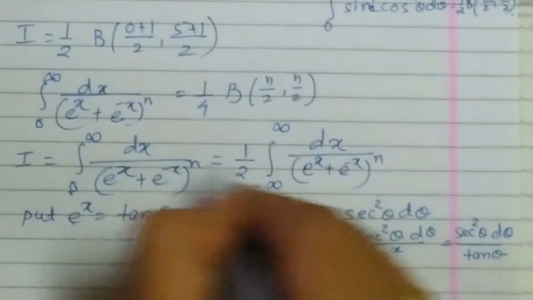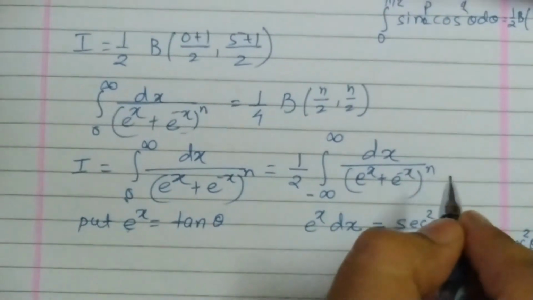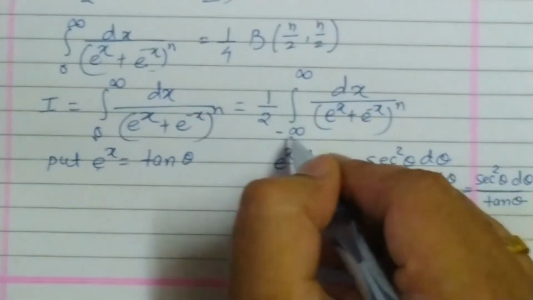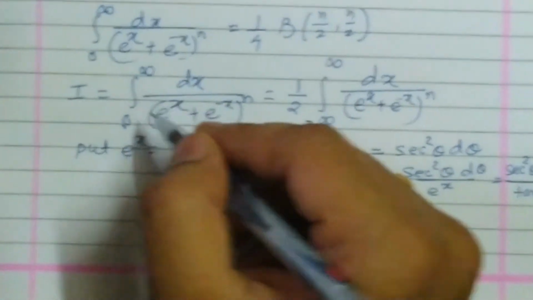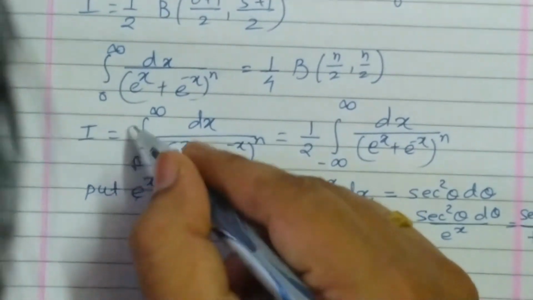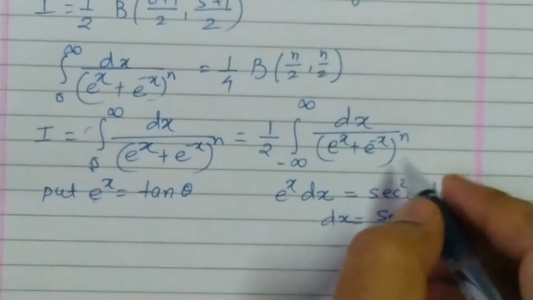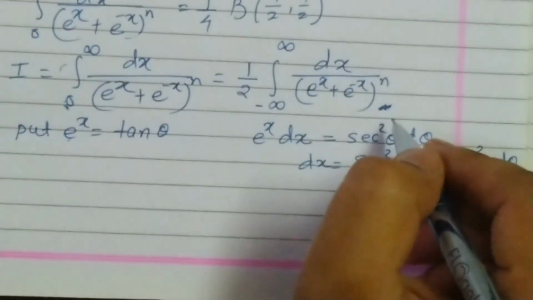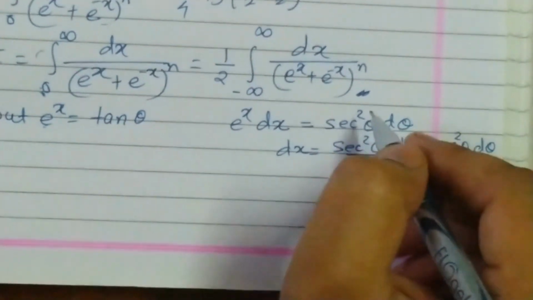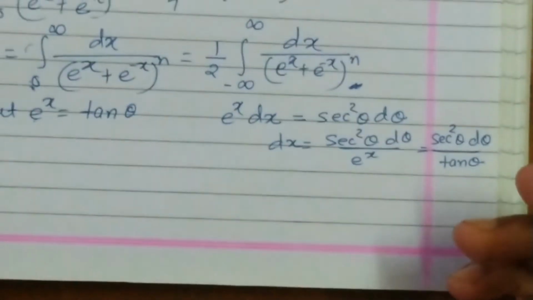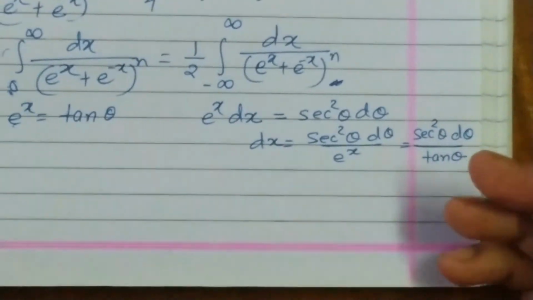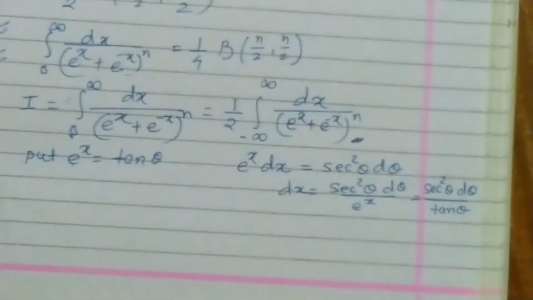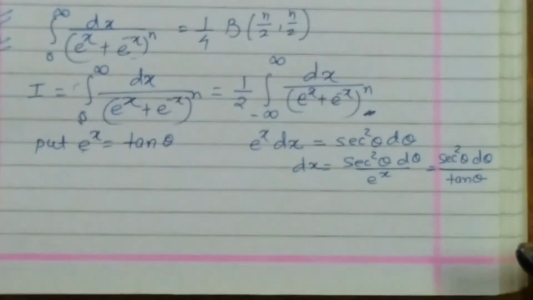So this is 1/2 integration from minus infinity to plus infinity dx upon e raised to x plus e raised to minus x bracket raised to n. And this is because I am applying the properties of definite integration. Since this function is even, the limits from minus a to a give 2 times integration from 0 to a. So that 2 times I am adjusting with the 1/2. Now I would like to substitute all these values here, which will make the steps very simple. Your problem becomes much simpler, and you will get the answer with the easiest steps. So the further proof for this particular example I would like to leave to you. I hope you will be able to answer this question quickly. Thank you.